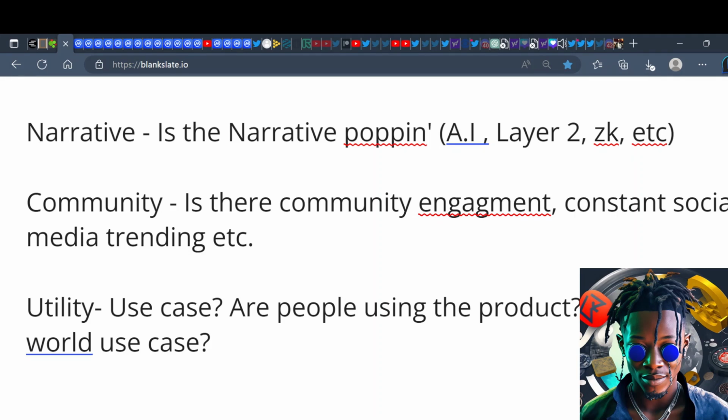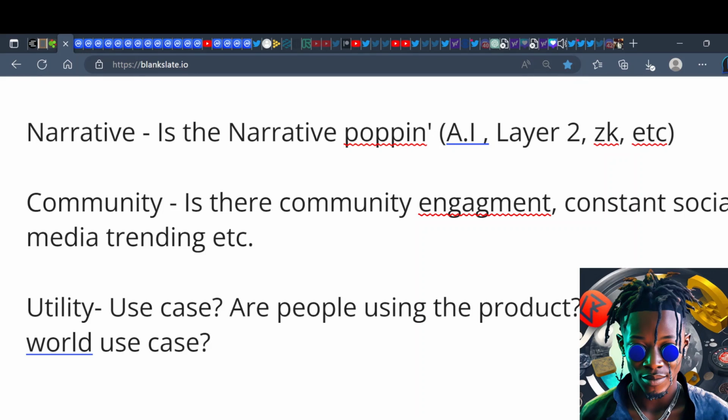But I also like to cover a few things, to me the top three things that I'm interested in in the cryptocurrency space. So first and foremost is narrative. Is the narrative popping? For instance, we've seen in the crypto winter, we've seen AI, we've seen layer 2, we see ZK, etc. So you want to make sure that the narrative is popping. There's no point in buying or investing in a cryptocurrency if the narrative isn't popping. Now, if the narrative could pop in the future, don't get me wrong, but to actually stay ahead of the game, where you can use some of that liquidity that you make and profit from a crypto that has a narrative popping, maybe you can reinvest it into your favorite cryptocurrency, because I know y'all fall in love with the projects, which is okay.